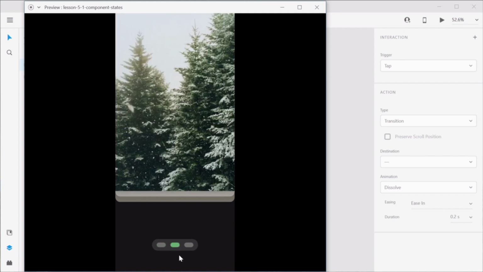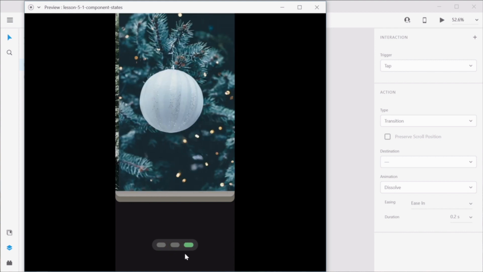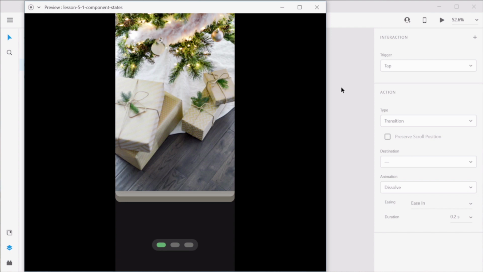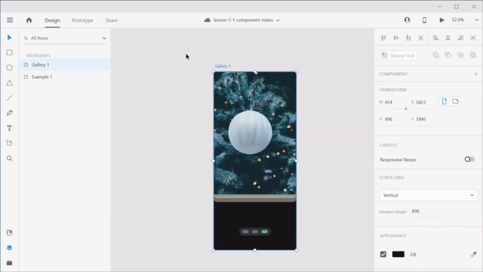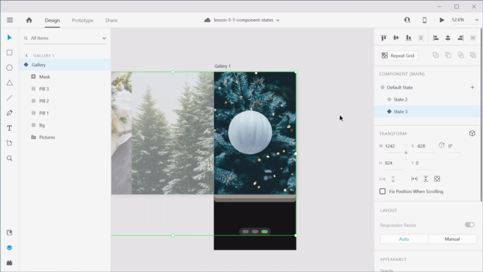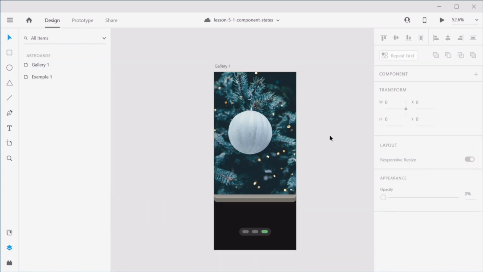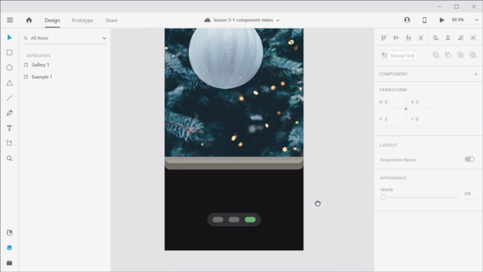And there it is. We have the exact same animation, the exact same prototype, but this time we used a single artboard, but we used a component with multiple states. This is a much more elegant approach, although it's not as simple as the one we originally used. It's a little bit more complex to get the grasp of, but once you do, you'll see that it's very, very powerful, and component states can be used in lots